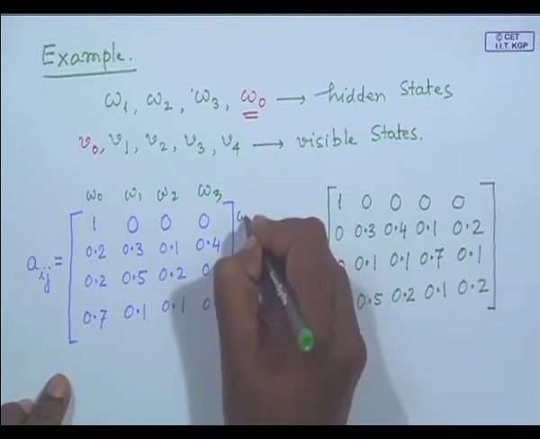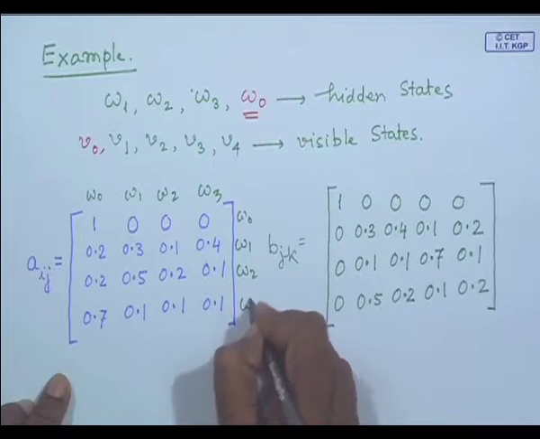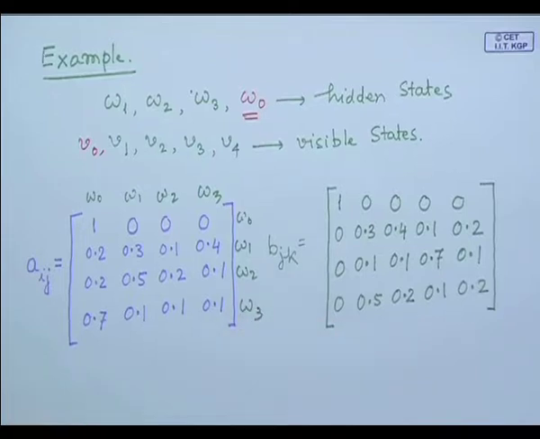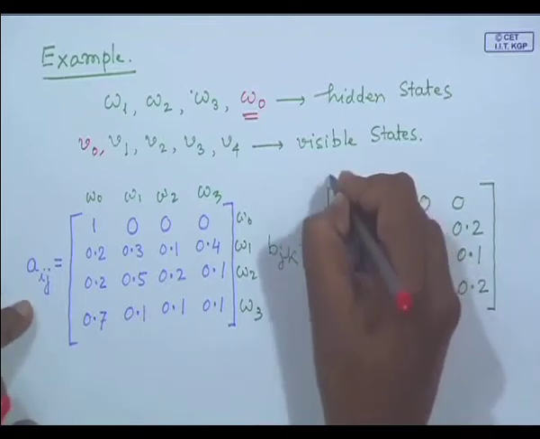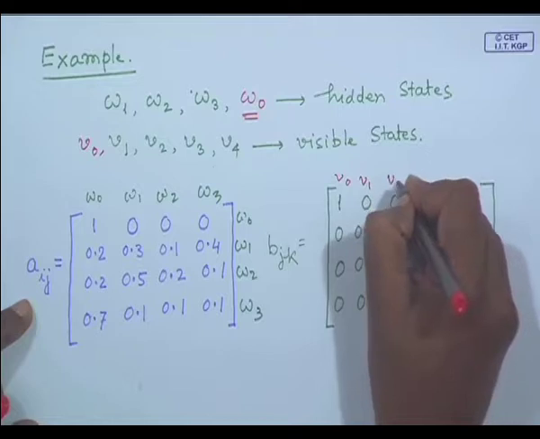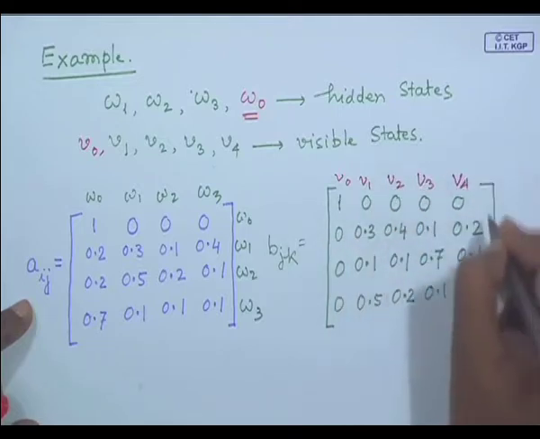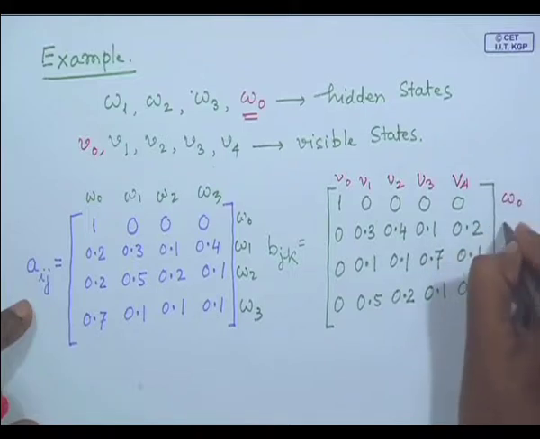Similarly, the rows are omega 0, omega 1, omega 2 and omega 3. Similarly, for B j k, this is for V 0, V 1, V 2, V 3, V 4 and the rows are omega 0, omega 1, omega 2